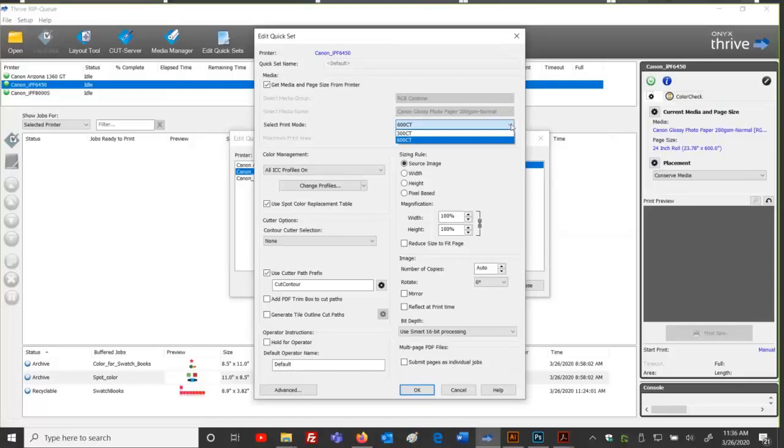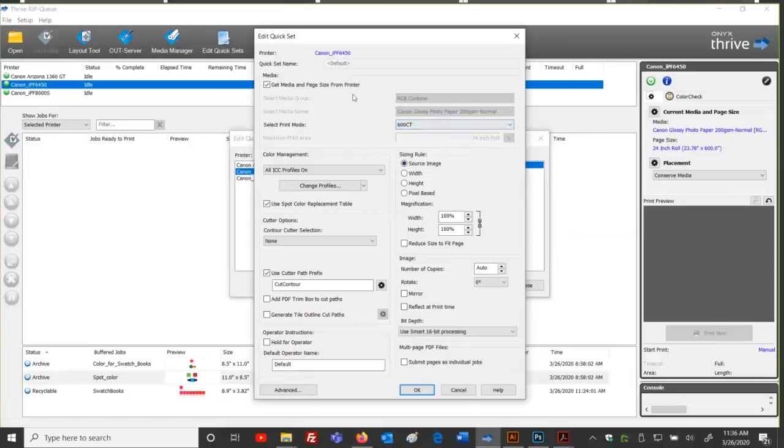And so this is the situation we're in. If I had this at 300 and I'm ripping my files at 300 resolution, you know, my mode, well, I just added that in my color library at 600. The color will not swap. It's got to match. I didn't add it to 300. I added it to 600. So I want to point that out. This could be a little zinger right here if you're not paying attention. If you've got multiple modes for your profile, you want to make sure you select that proper mode.